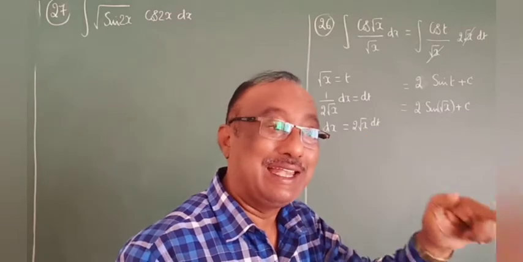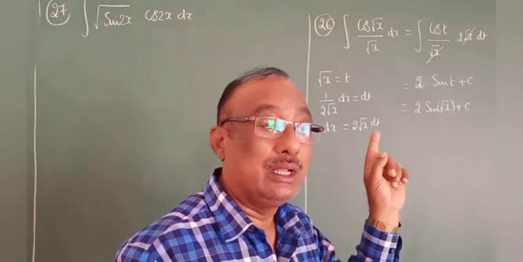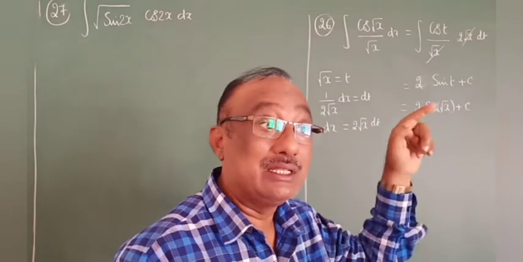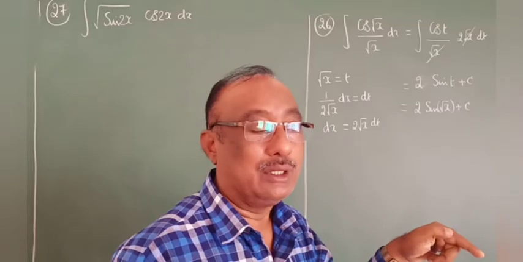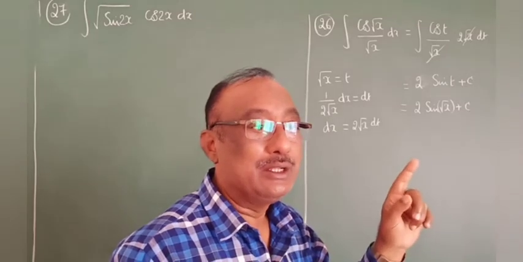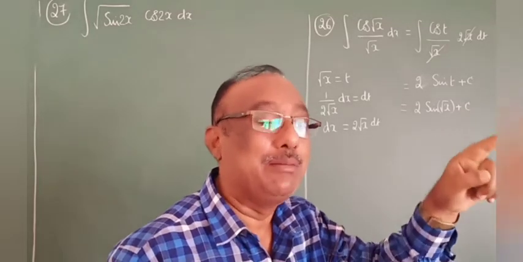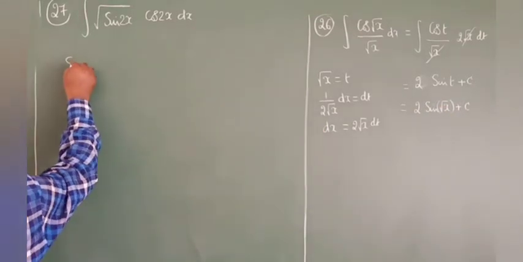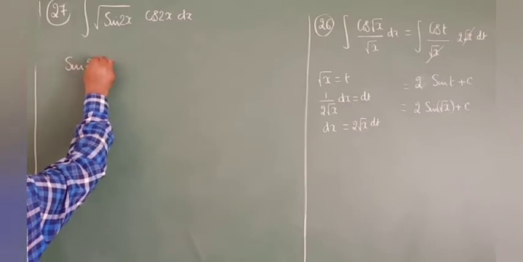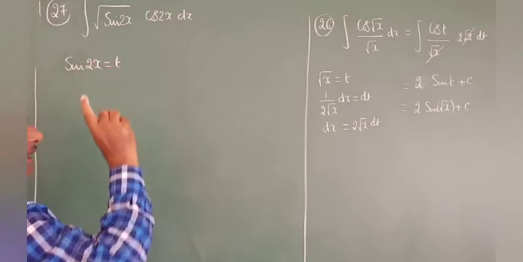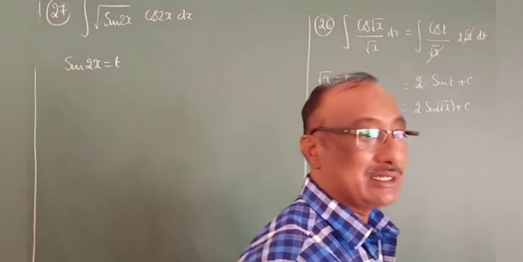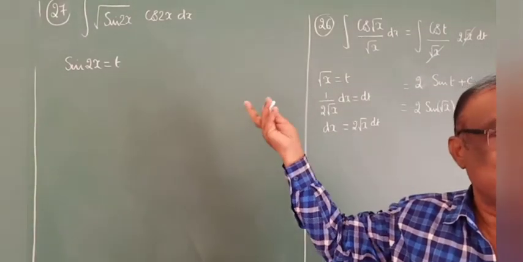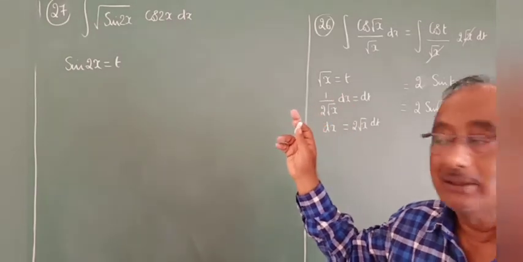Independent term should be the derivative term. Non-independent term should be let it be t. Okay? Root sin 2x is the non-independent. It is under the root. It is under the control of the root. That's why it is not independent. So the non-independent term, let it be t. Okay? Right. So sin of 2x, let it be t. Don't let cos of 2x be t, because it is not cancelled. It is under the root of sin 2x. It will never be cancelled. Understand?